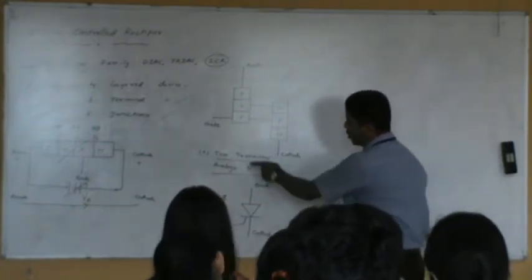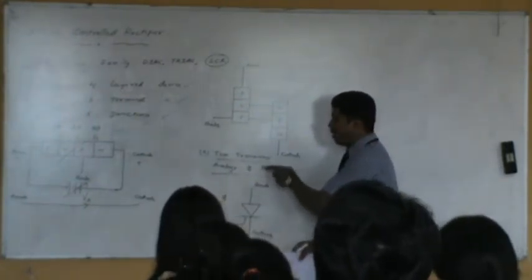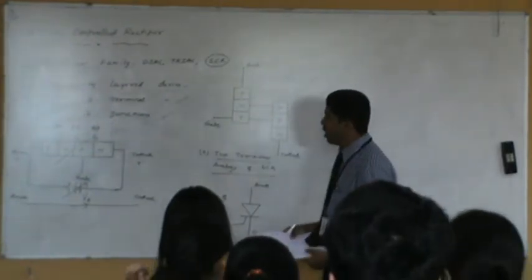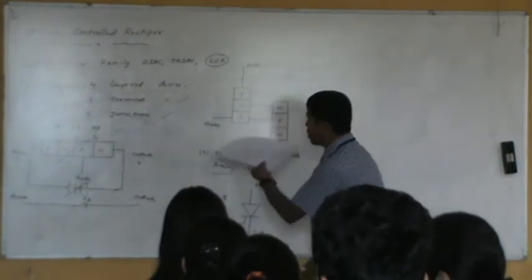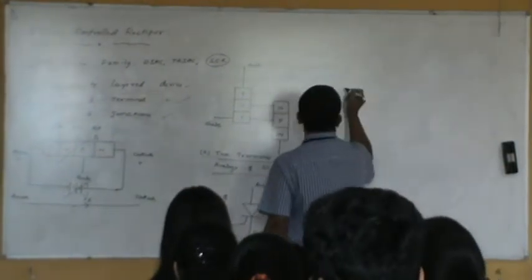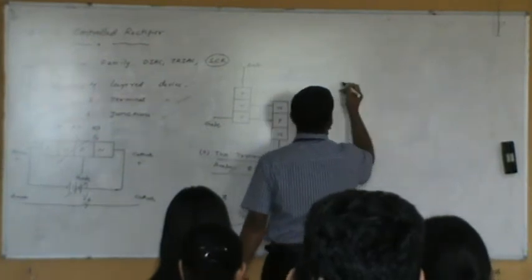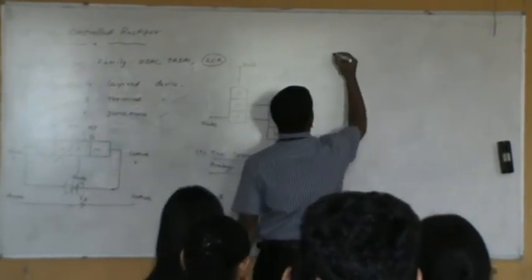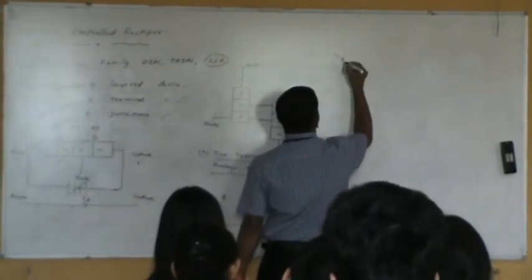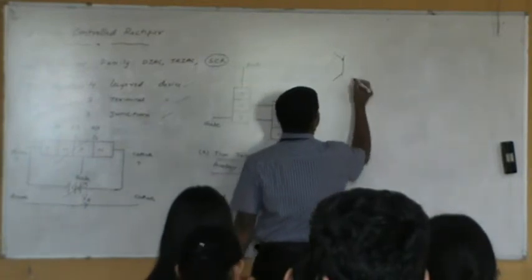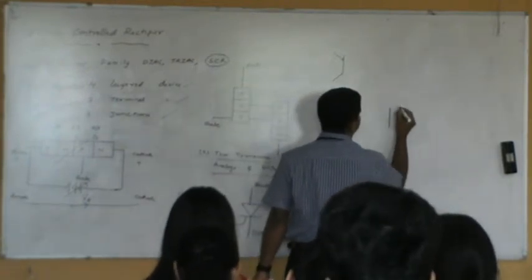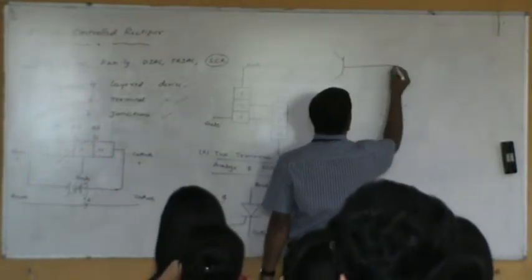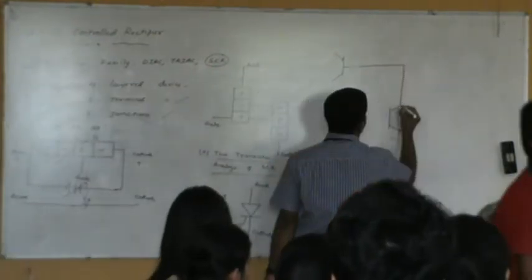So here we have already shown a two transistor analogy of an SCR. Let me write this in terms of the symbolic representation to explain the operation of this SCR. I am just rewriting the symbolic representation of the SCR based on the two transistor analogy. First, let me write a PNP transistor here, with the arrow inward, and below this let me write an NPN transistor, with the arrow mark outward.